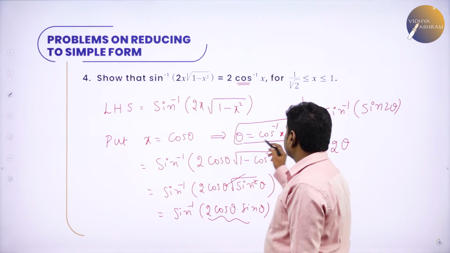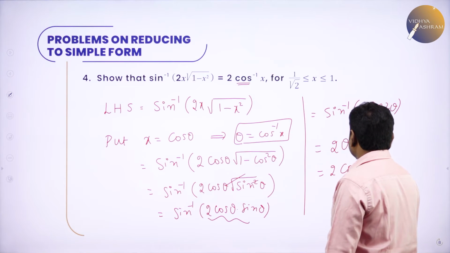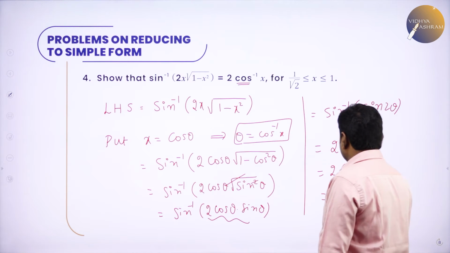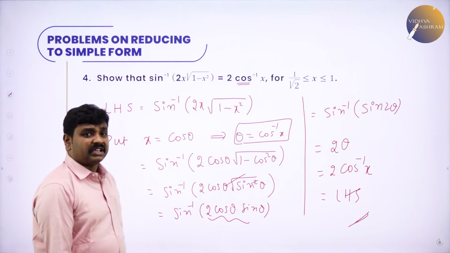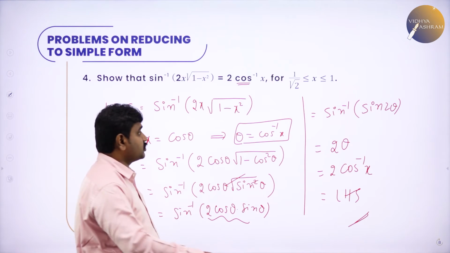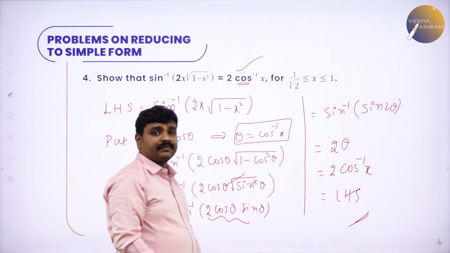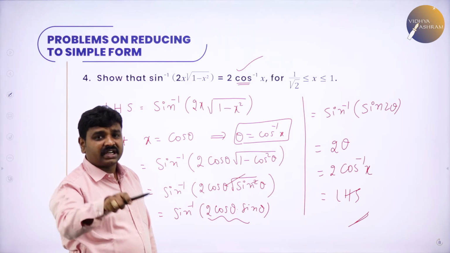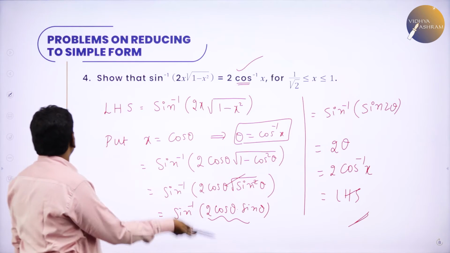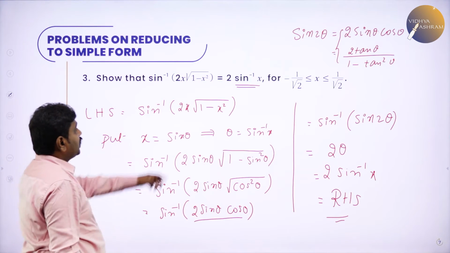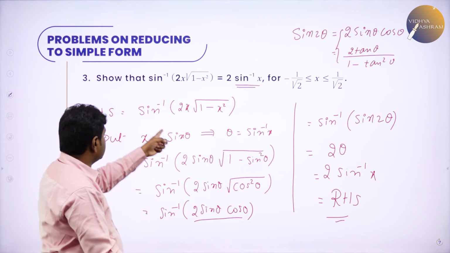Here we have cos inverse x to cos inverse x. Hence the proof LHS. Are you able to follow this? What is the logic? To solve this problem, the decision to substitute is made by RHS, not by us. RHS helps you to decide what to substitute. Here when I saw RHS, it is cos inverse x, I put x is equal to cos theta. In the past problem, RHS is sin inverse x, so we took x as sin theta.